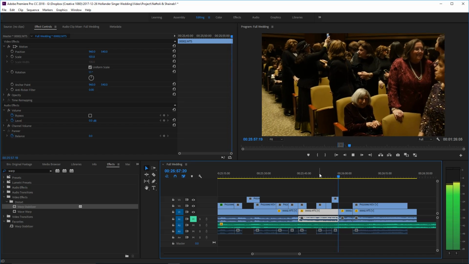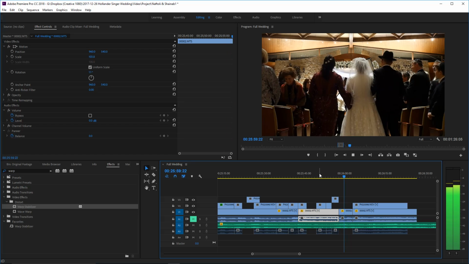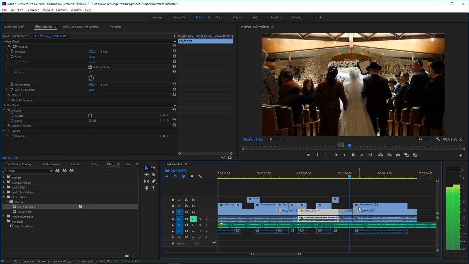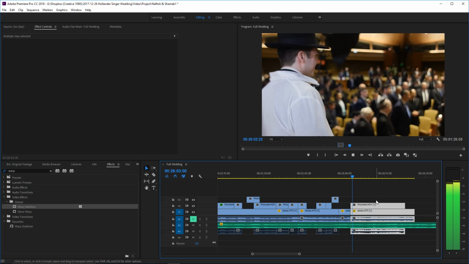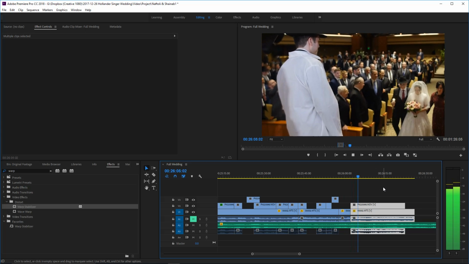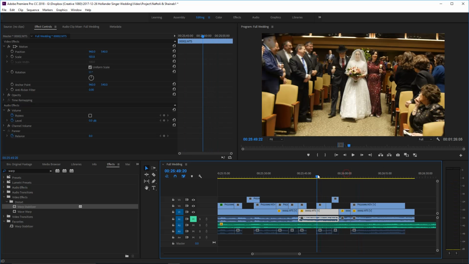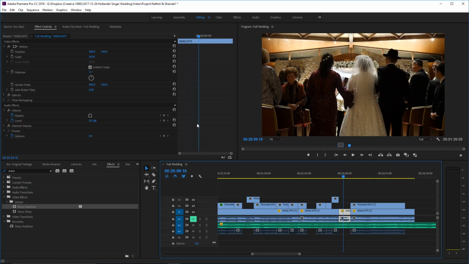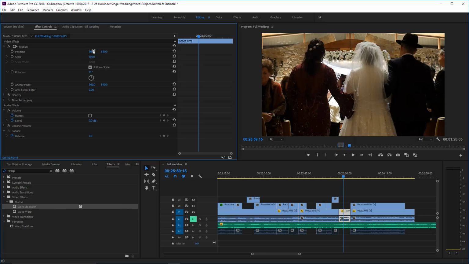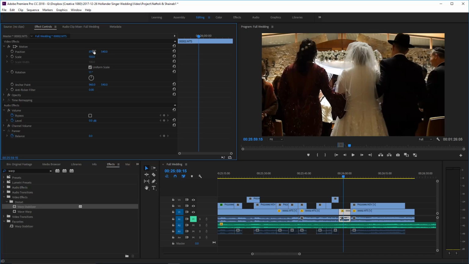So let's try that, and let's just make sure it kind of works. I mean, she's technically walking over the same part of the aisle twice. But the perspective is a little bit hard to tell, so we're gonna let it go. Right, meaning over here she's further down the aisle.